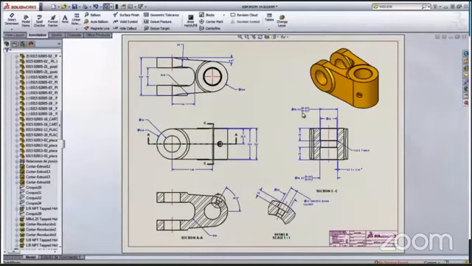After that, we again ran the simulation and checked the factor of safety, which is now fine.